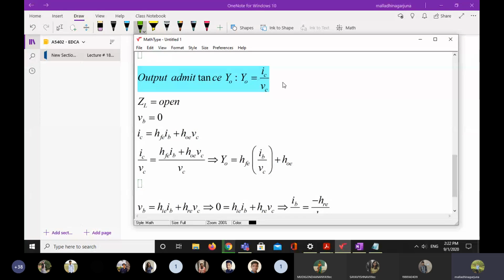So to calculate the exact output admittance offered by the CE amplifier, we should lose our control on the circuit diagram. Without having any control on the circuit diagram, you take the skeleton circuit, calculate the equation, and whatever you get, you can claim as the exact output admittance of the circuit. In this portion, I did not change my circuit input signal, I did not connect my external load resistance, I did not do anything. So this is the exact output admittance of the CE amplifier.